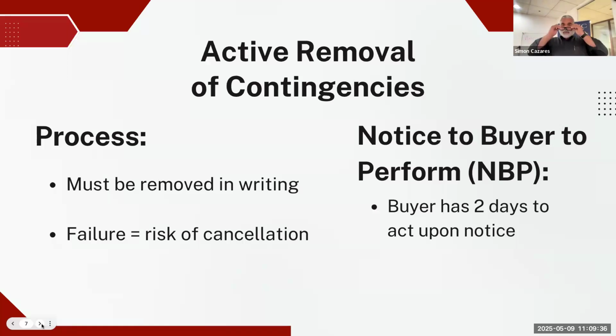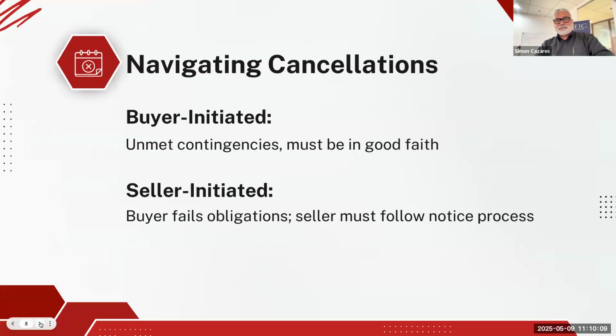So be on it. This is what I would do all the time too: if I have an escrow, it doesn't matter if I represent the buyer or the seller, on my calendar I would check and make sure that the contingencies are supposed to be removed, and your TC should know also. Your TC will give you the timelines of events for when certain contingencies need to be removed. So it's important to follow the rules. Otherwise, you're going to get slapped with a notice to perform, and it can be stressful, right? Now, communication is everything as well.